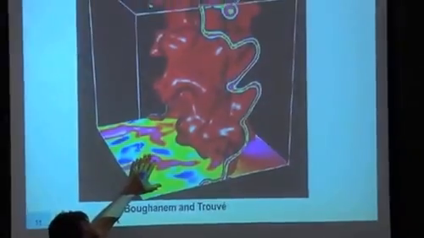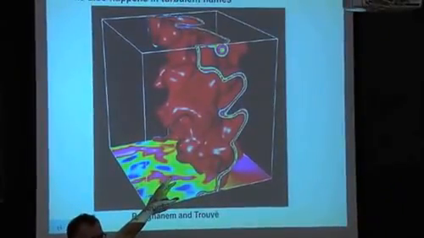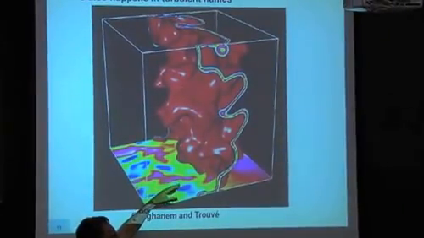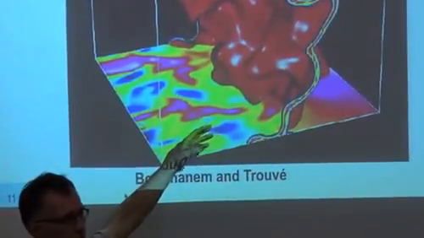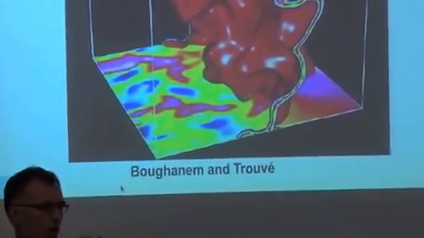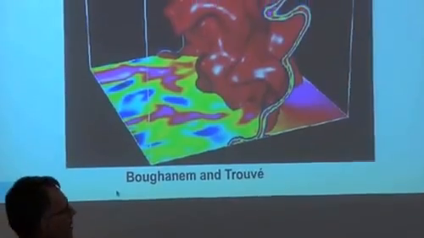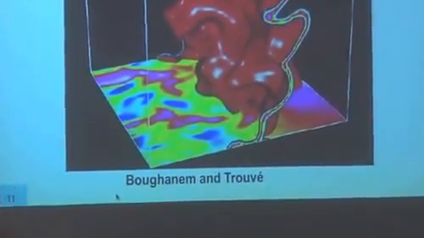We've done some DNS, for example, here, of a flame propagating into turbulence with and without thermodiffusive instability. And we see that when you have thermodiffusive instability, you get more surface. So it seems that the laminar instabilities that we observe on laminar flames can interact somehow with the turbulence. They do the same thing, okay? Both of them create wrinkling, not for the same reasons, but they can interact.